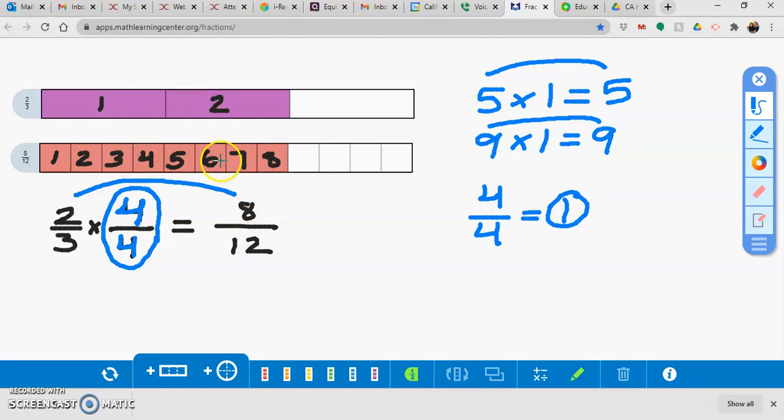And you can see that here. You can see we multiplied 2 out of 3 by 4 out of 4, and we got 8 out of 12, and we're saying that they're the same. And it's true because if you